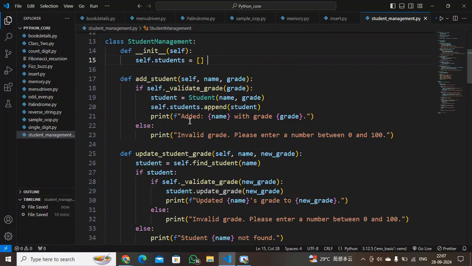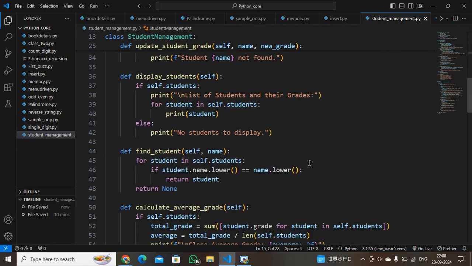Upon adding, it will print the statement that it added the name, suppose John, with grade, for example 90, or else it will print invalid grade, please enter a number between 0 and 100. So this is the logic if the user gives choice 1.